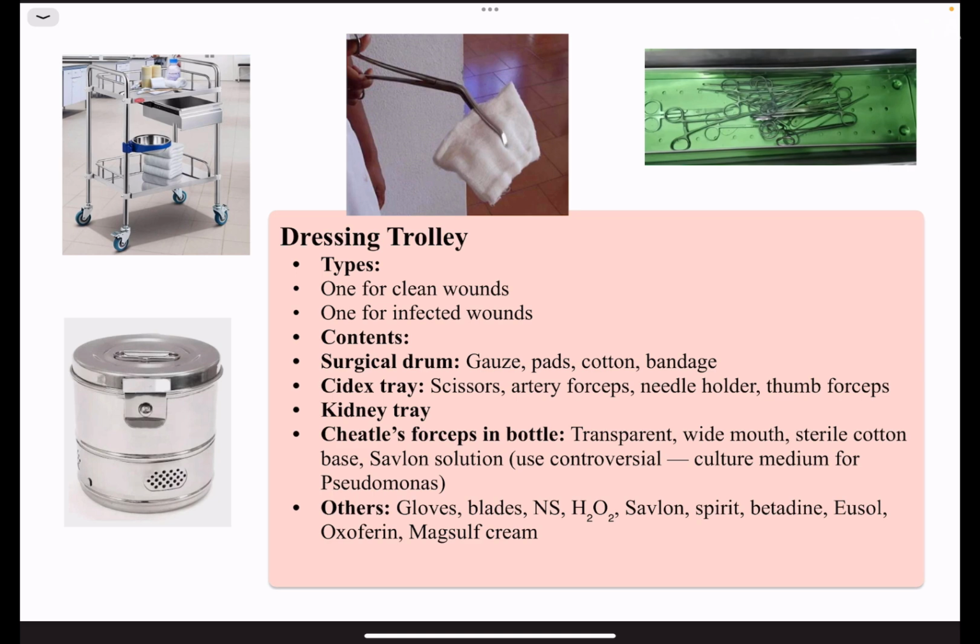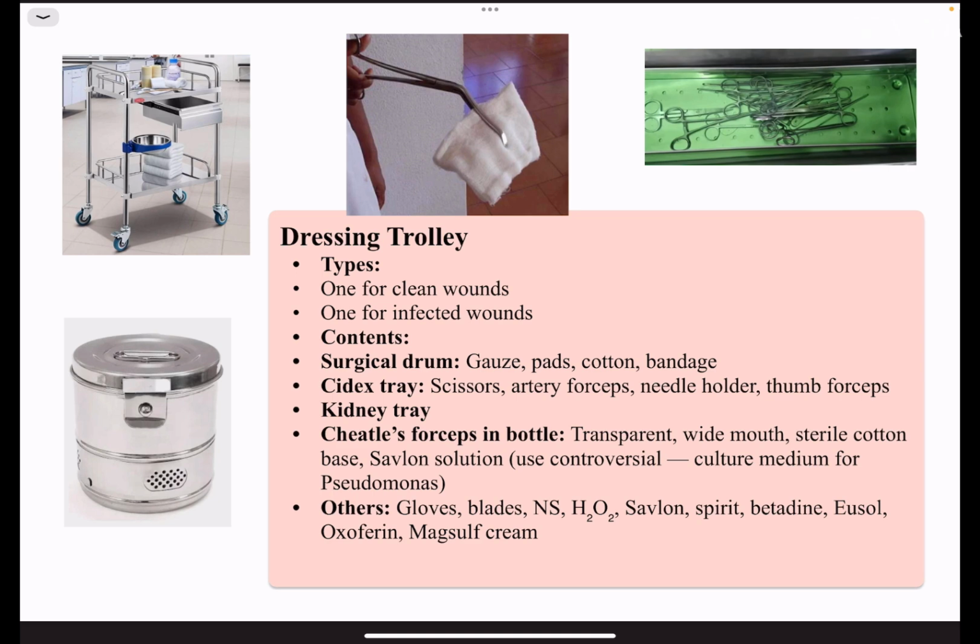A kidney tray. The concavity of the kidney tray should match with the curvature of the body part. A transparent glass bottle with Cheetle's forceps. The mouth of the glass bottle should be wide enough to prevent the jaw of the Cheetle's forceps touching the mouth of the glass bottle, to prevent cross contamination. And there is cotton soaked in Savlon solution